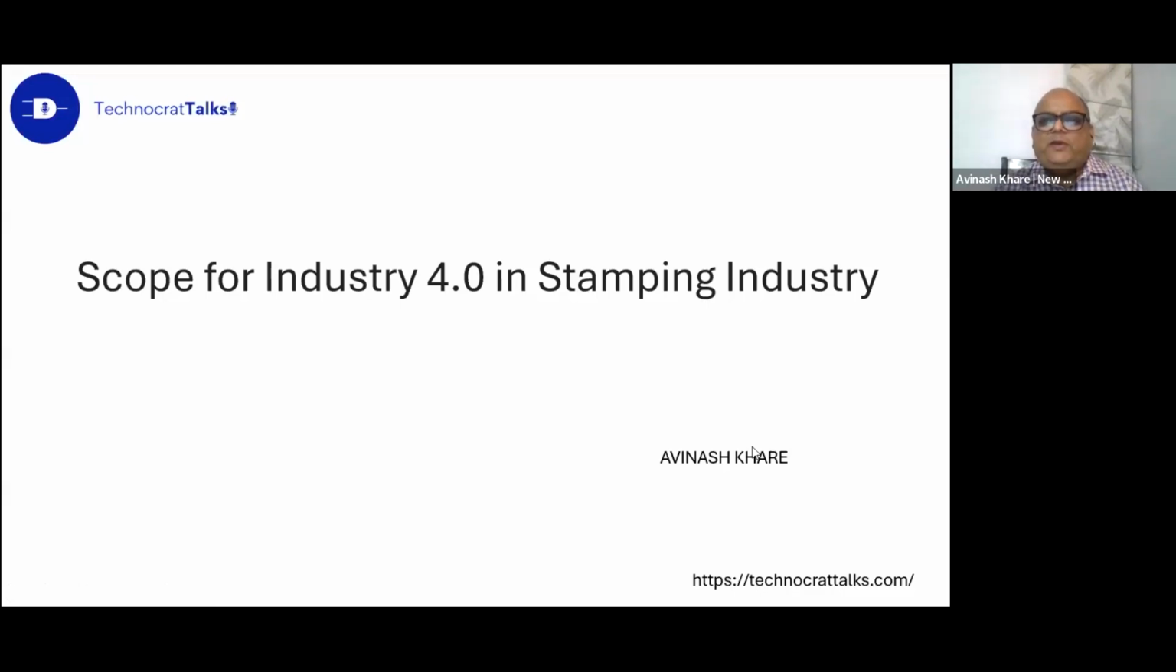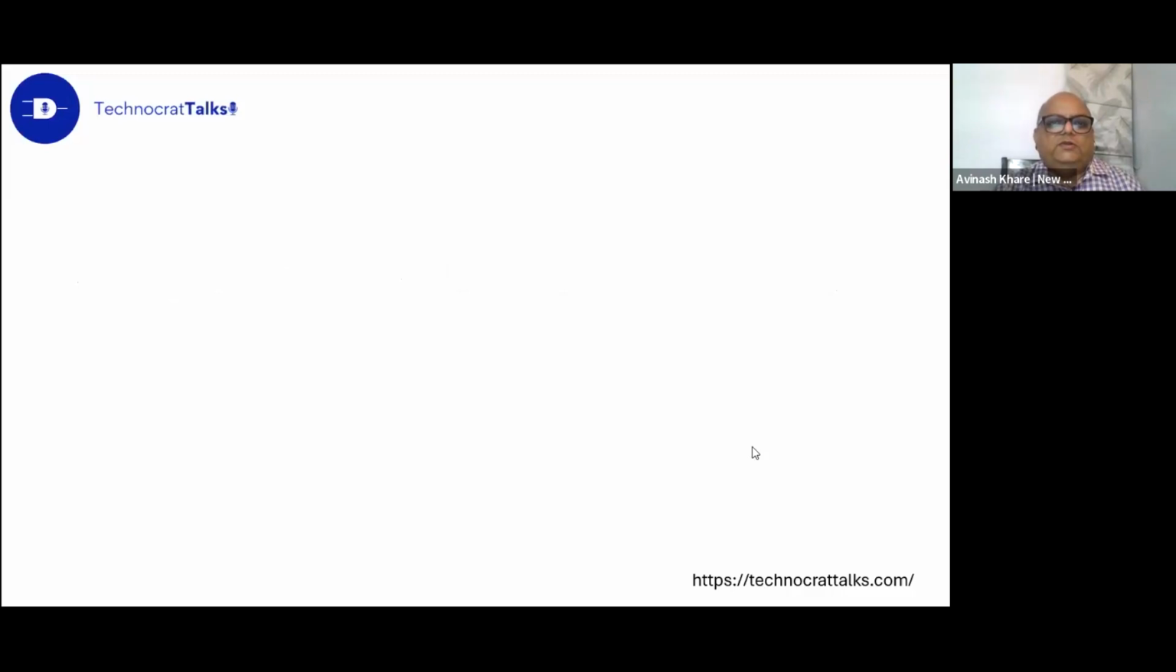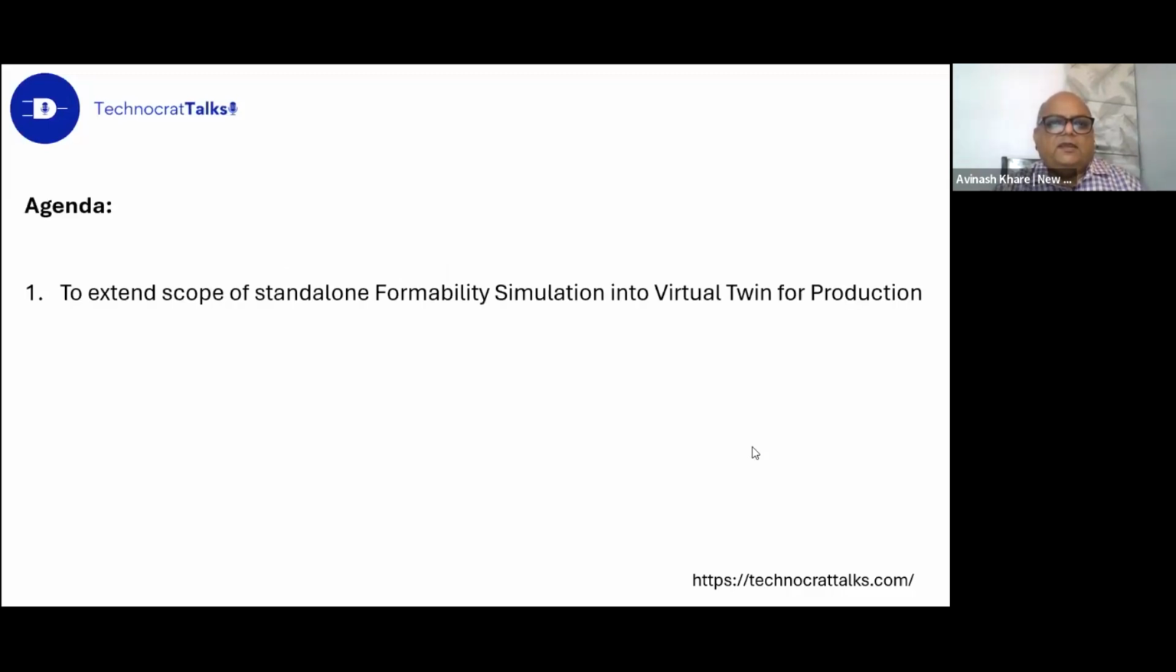Now, all these things we have been doing two decades back also, when there was no Industry 4.0 and there was no digitization and digitalization. I am focusing on five aspects, only five aspects, short and crisp, of where specifically for the stamping industry, digitalization will work wonders. So the agenda of my talk is